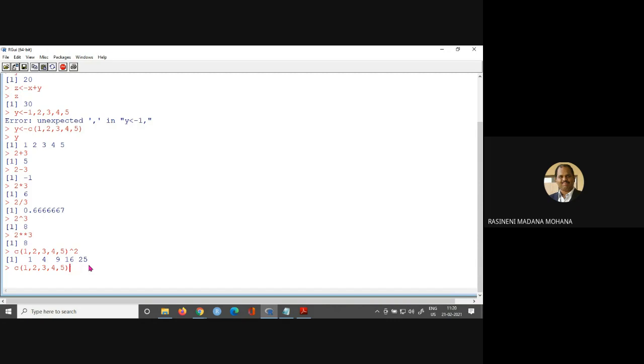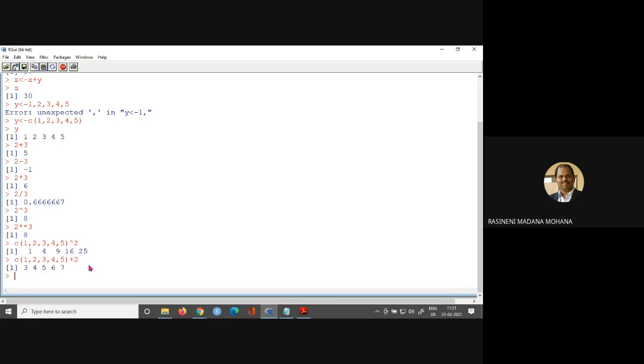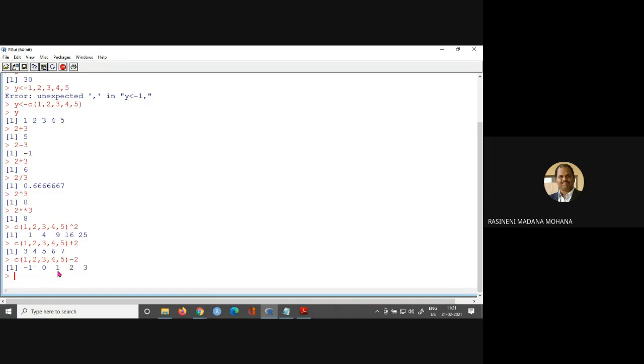Suppose I want to take the plus operation, so I want to add 2 to all the vector values. Now you can see 1 plus 2 is 3, 2 plus 2 is 4, 3 plus 2 is 5, 4 plus 2 is 6, 5 plus 2 is 7. Any operations you can apply here. Now I want to subtract 2: 1 minus 2, 2 minus 2, 3 minus 2, 4 minus 2, 5 minus 2.